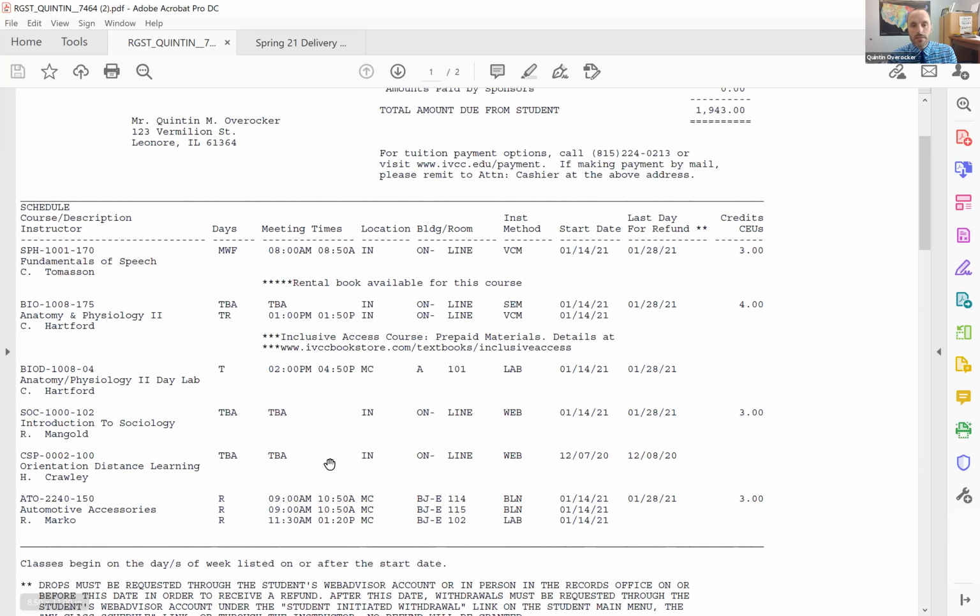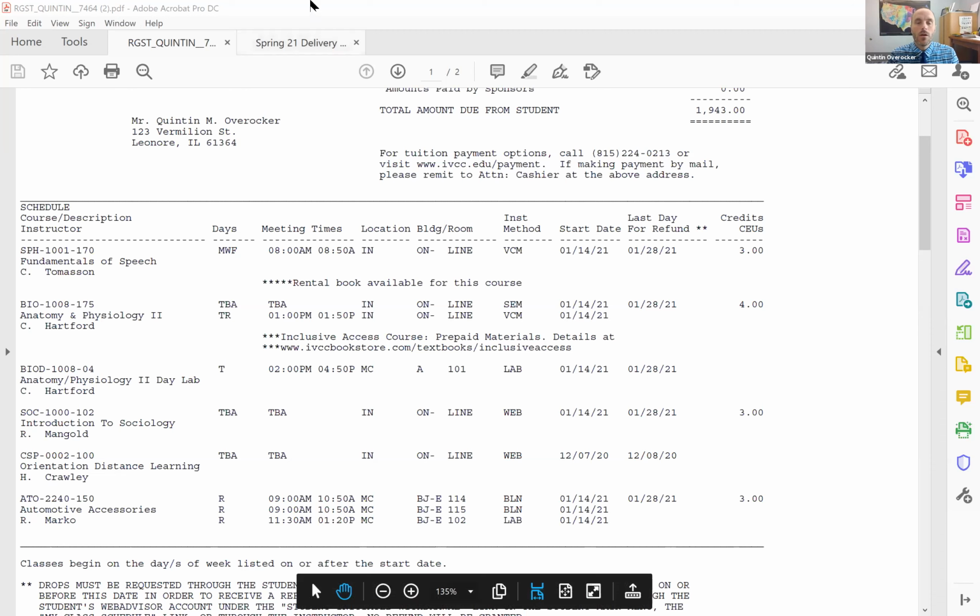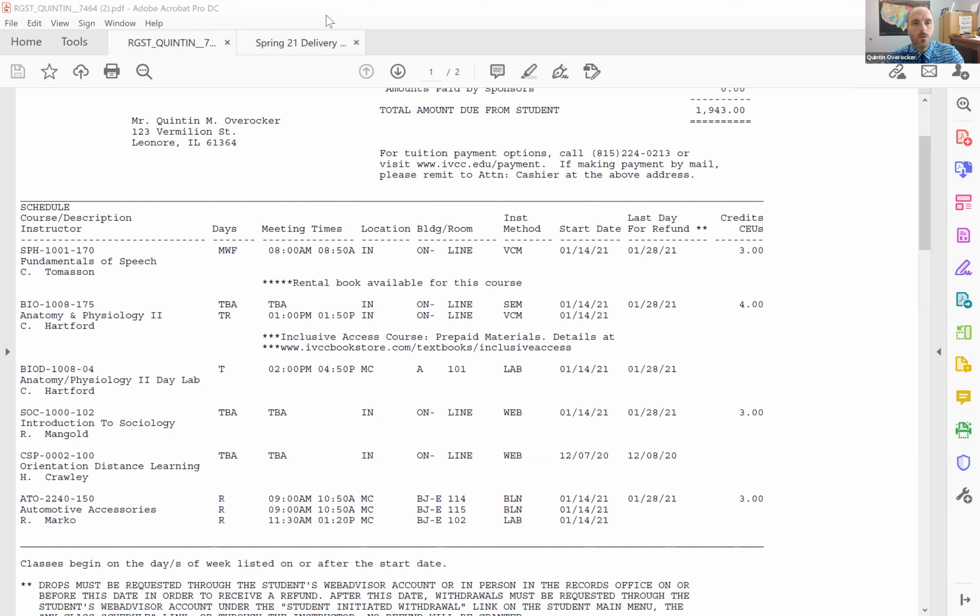You'll see for the rest of these courses, they don't have inclusive access. For speech, you can get a rental book, which I would strongly recommend because it's a heck of a lot cheaper. And then for the rest of these, Soc and auto, you will have to buy a textbook. You can just take this to the bookstore and get your textbook there. Or if you don't want to come all the way out, if you Google IVCC bookstore,